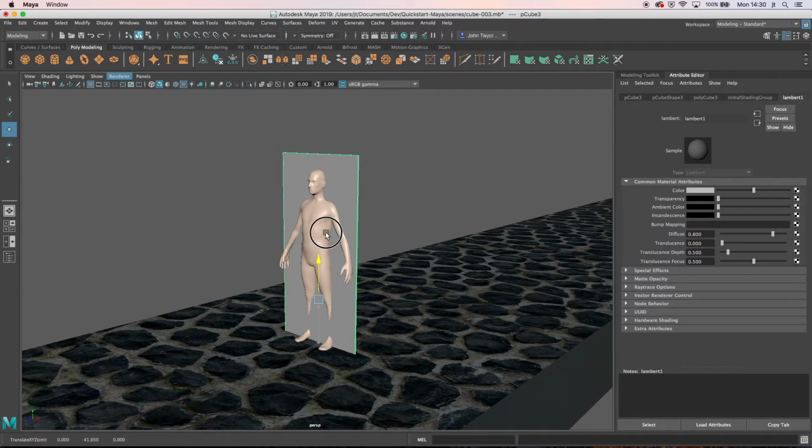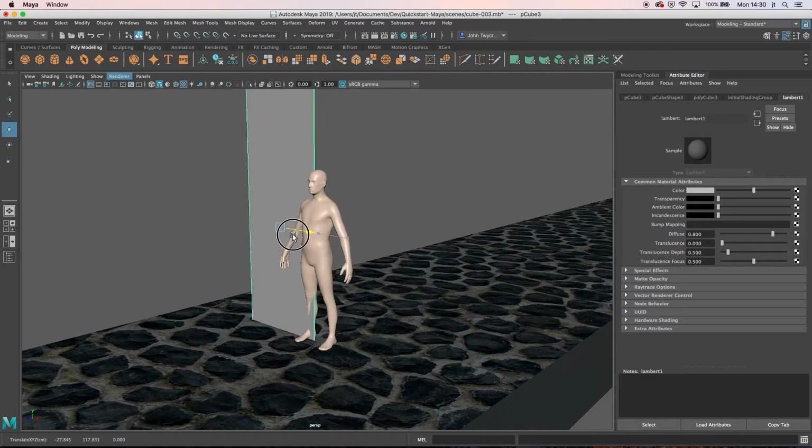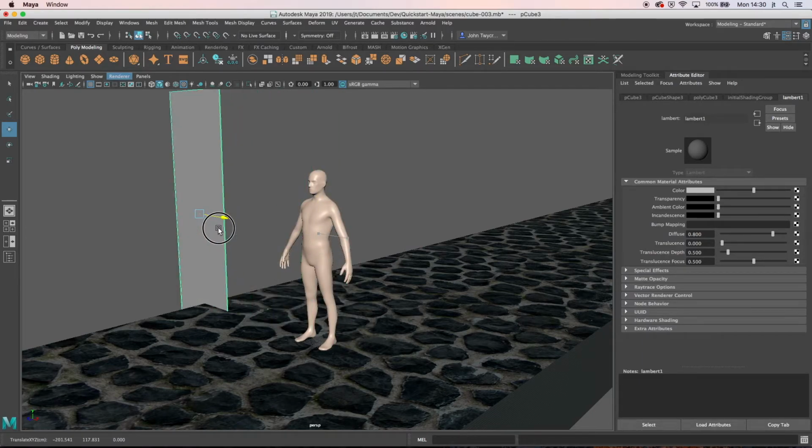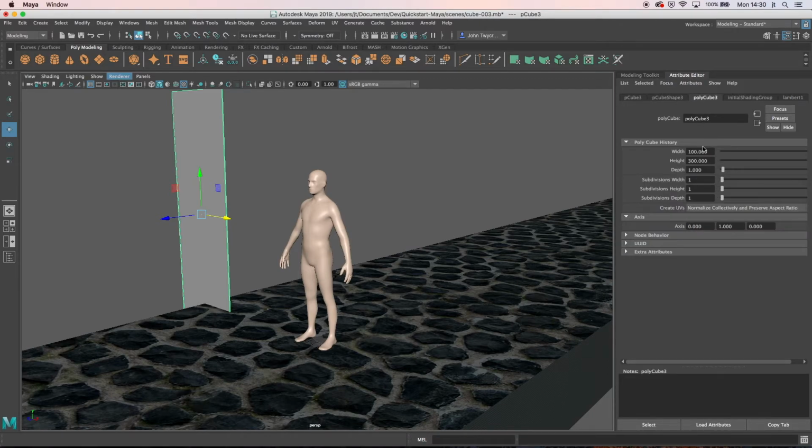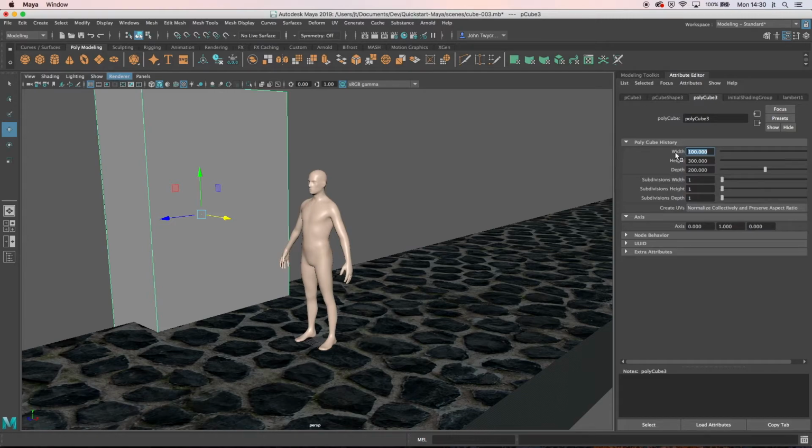I'm going to lift up so I can get a good idea of ceiling. So in a game I might want a character to run and jump, so I can bring that across and place it reasonably where I was going to work with it. Now I picked slightly the wrong dimensions, so again in the attribute editor I can change this. I want it to be deeper. I'm going to put in 200 here than it is wide,